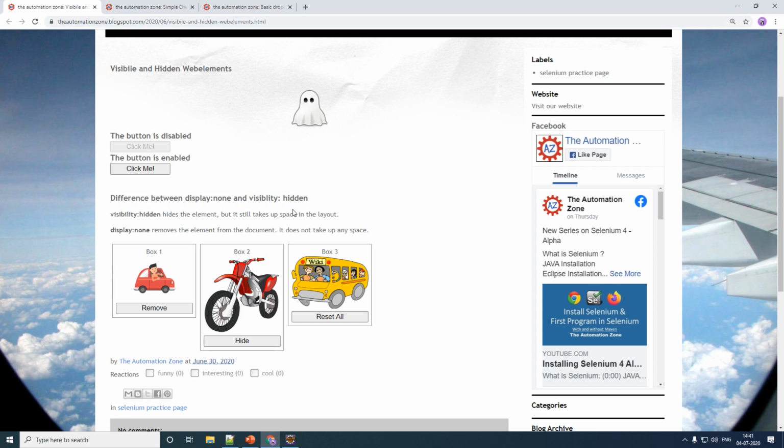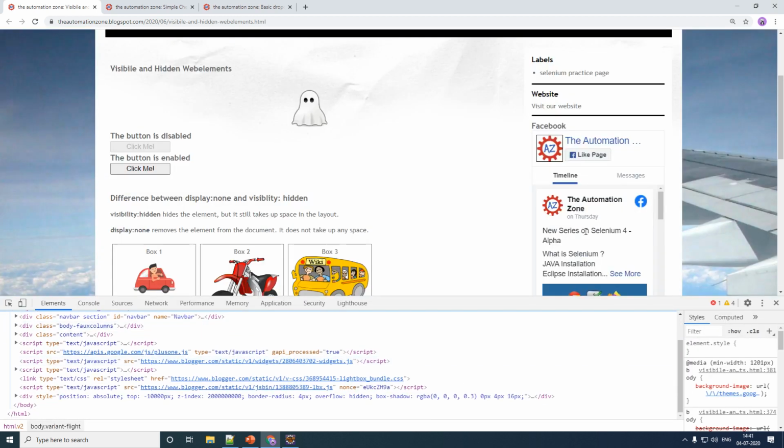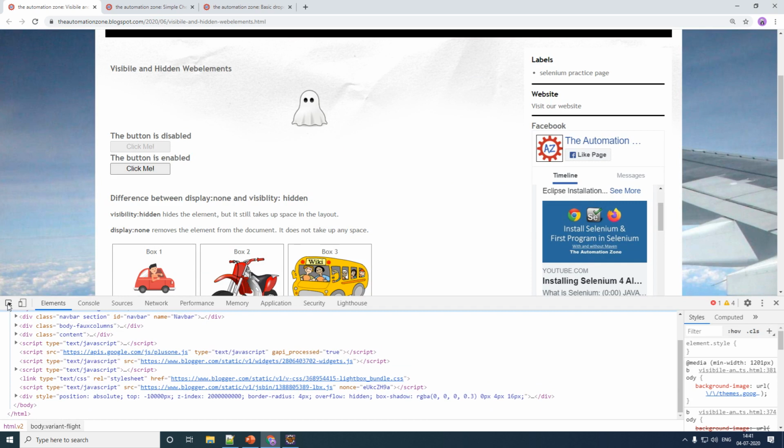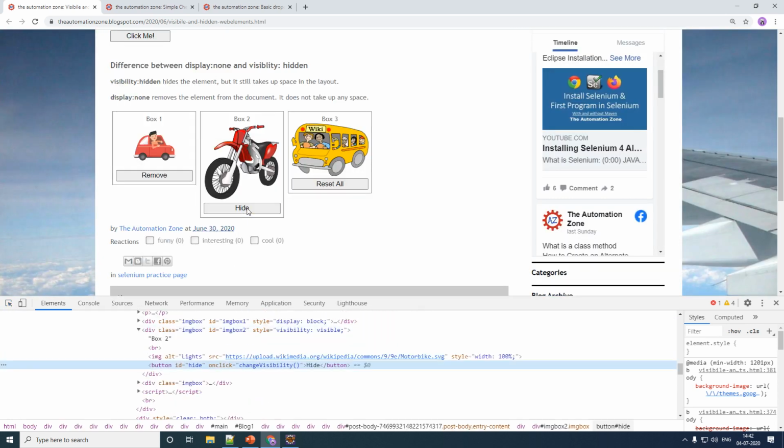Now the very first thing we'll do is try to find out if this button here is either visible or not visible. To do that, we have to first locate the particular element in our web page. You can either right click on it and choose inspect, or you can press the F12 key on your keyboard. That should bring up your developer console here. You can then choose this particular inspect button. So let me scroll down. Let me choose the inspect button here. It becomes blue, and I can select the button called hide.